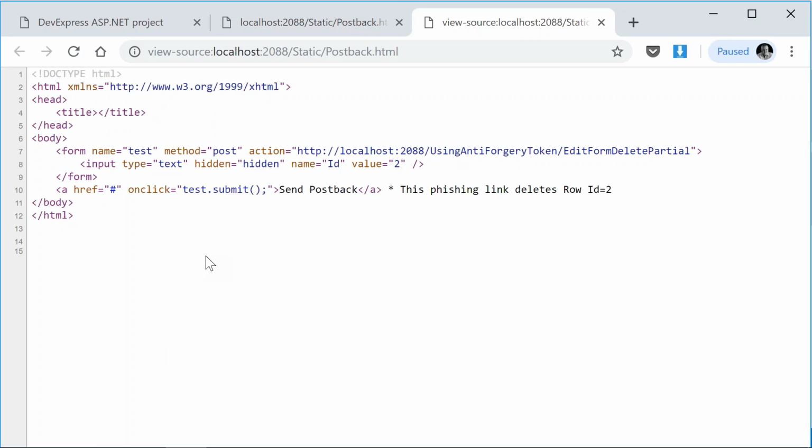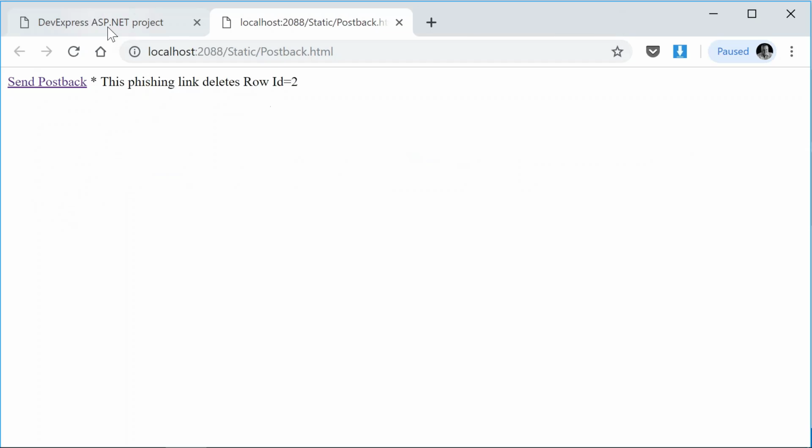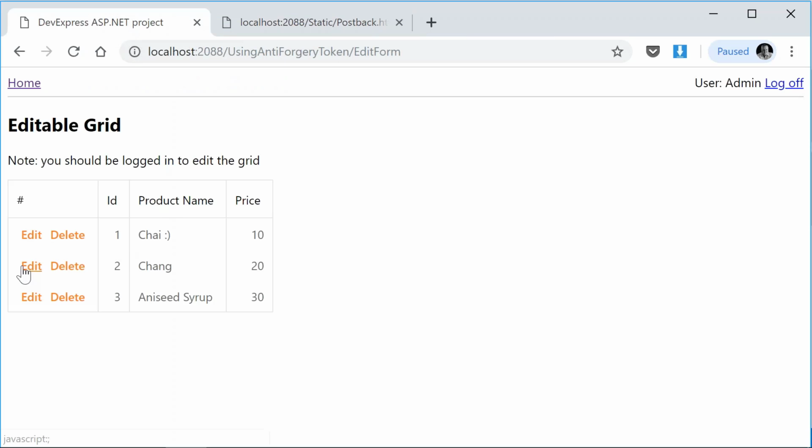Oh, we're going to view the page source right now. There we go. The link is, all it's going to do is, oh, there's a hidden form here, look. Okay, it's going to submit that hidden form. And the hidden form is going to call the edit form delete partial Ajax call, and it's going to pass an ID and a value of 2. So it's going to delete. So effectively, as a phishing page, it's going to remove line 2 from my grid, and I've got no way